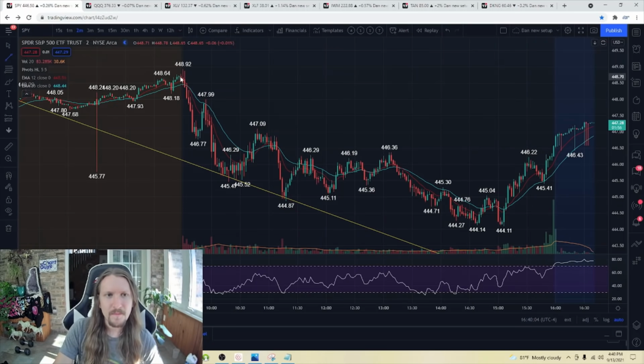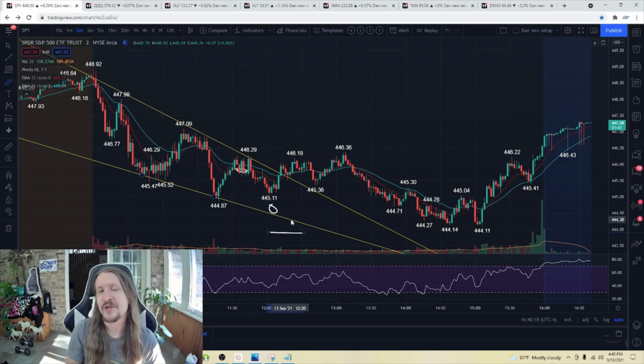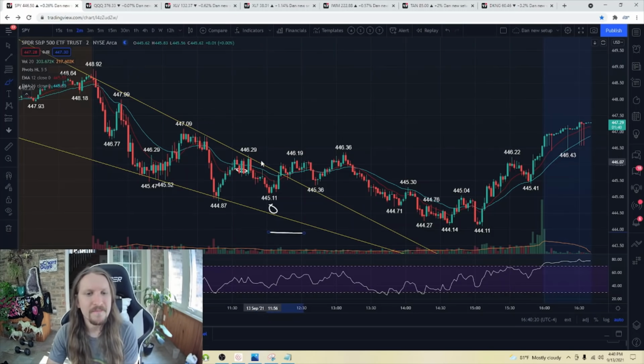I was watching this, and I went bullish on SPY with an initial entry here, and then I was going to scale into a second entry on a new low of the day, and then place my stop based on the dollar risk that I was willing to take. And we started pulling back. We didn't get the new low of the day, so I kept my 1 bull position,